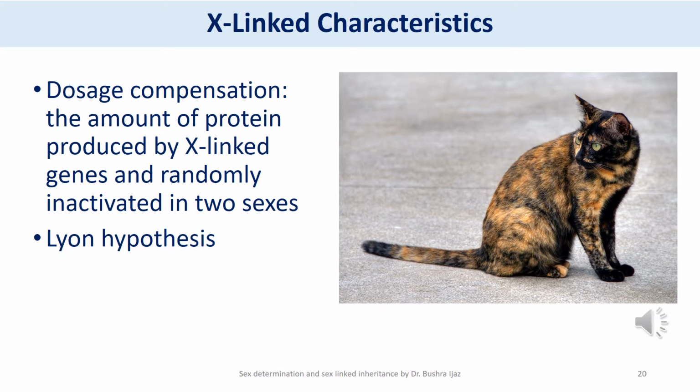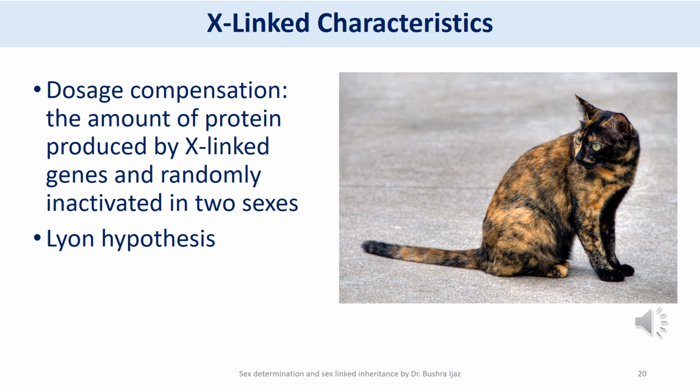So now we have covered Z-linked characteristics, and there is a very important part that you need to look at, which is called dosage compensation. You know that human females, and most mammalian females, have two X chromosomes, and during their lifetime, one of their X chromosomes is inactivated or converted into a Barr body. This process is called dosage compensation, and this X inactivation is also called lyonization,